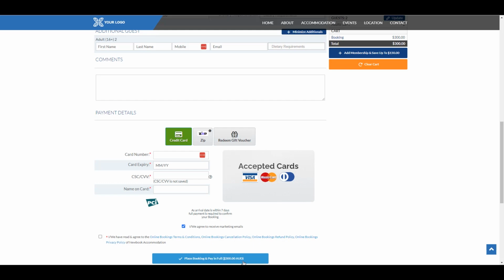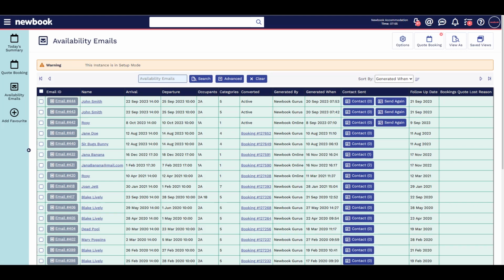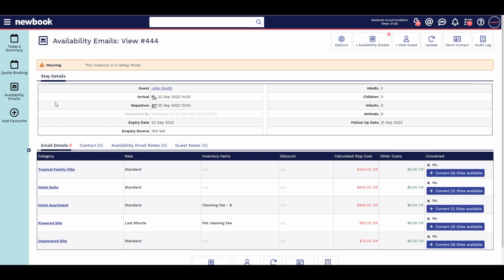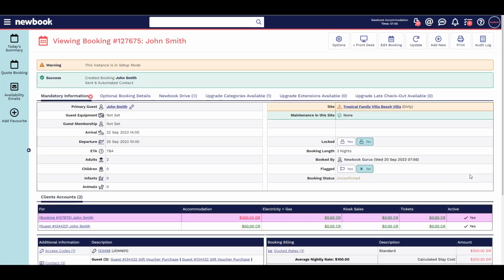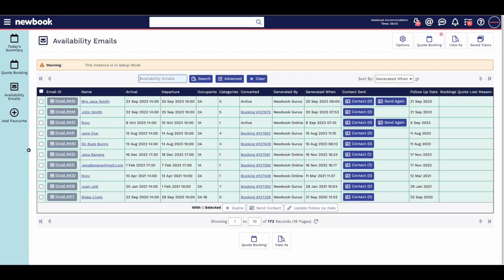If a guest calls back instead, all availability emails are stored in one central location, so staff can see pricing quoted and if there's still availability. Staff simply have to click one button to convert this into a booking. Easy. The availability email page is also a great way to follow up on any potential bookings that may be